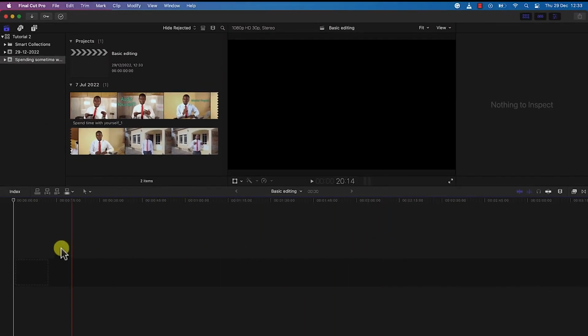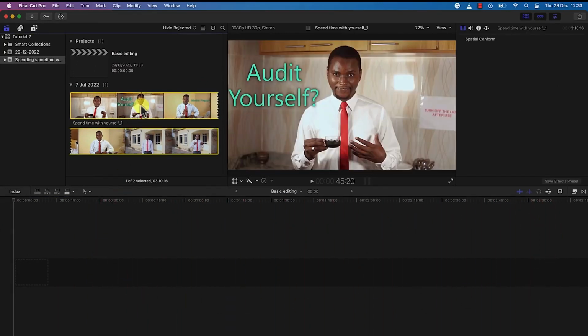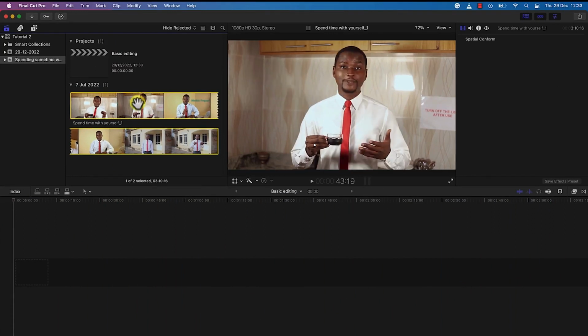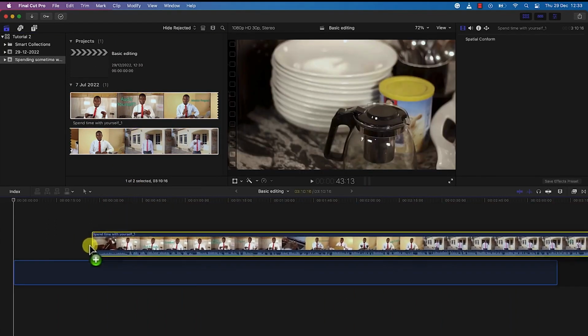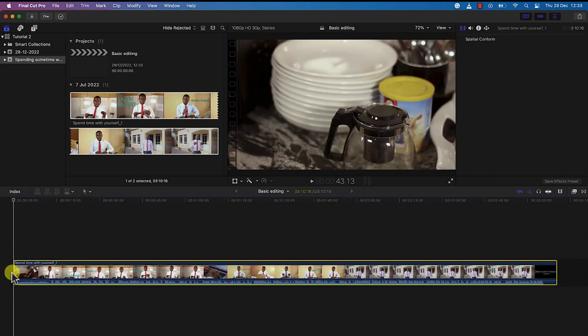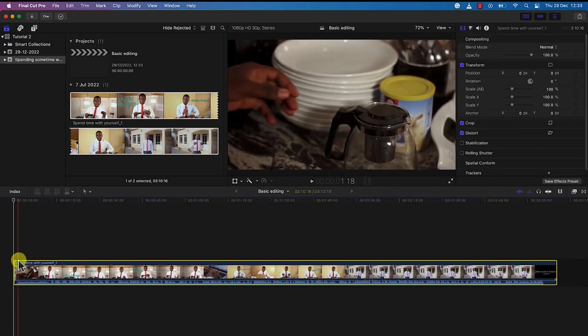So right now you can see the timeline is being enabled, and you can just click on this video footage that you've just imported. You can drag it into the timeline and drop it just like so. And as you hover over it, you'll be able to see